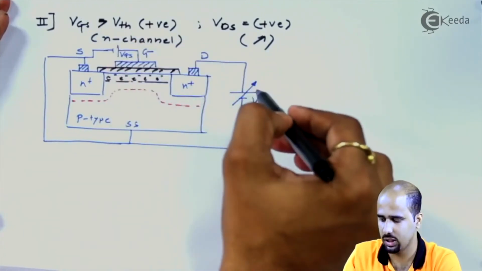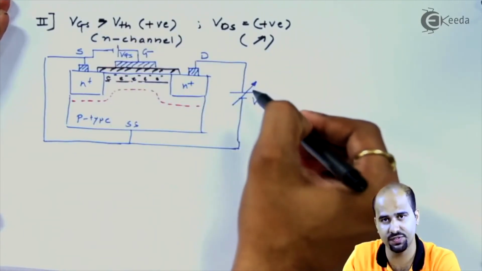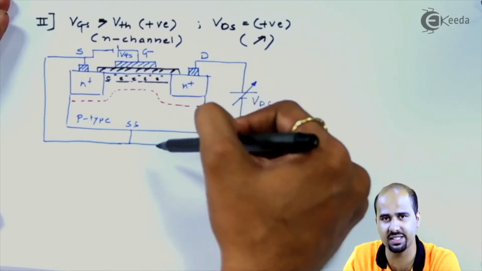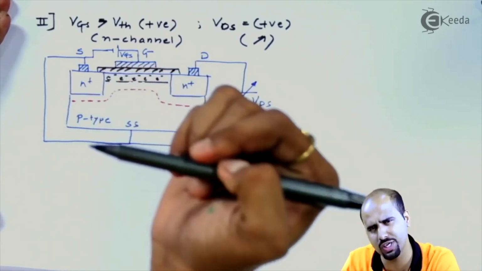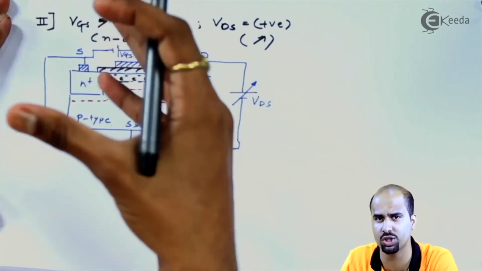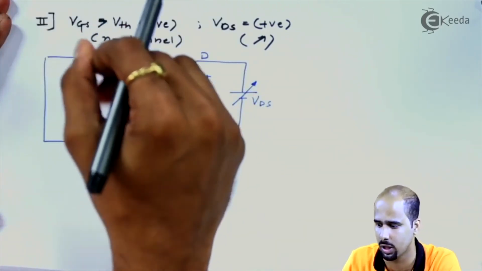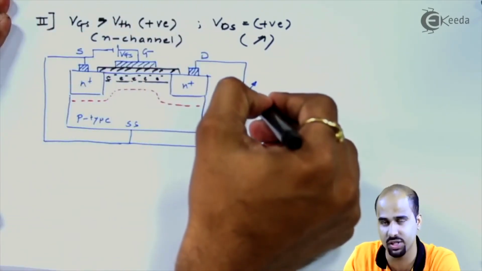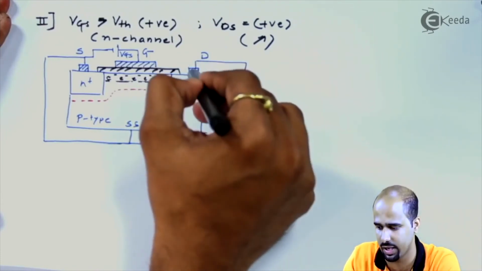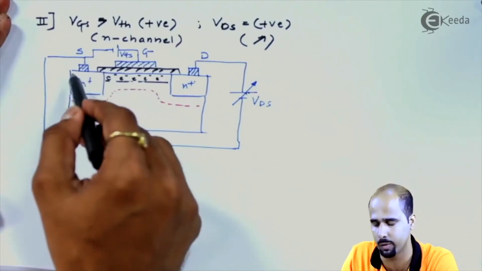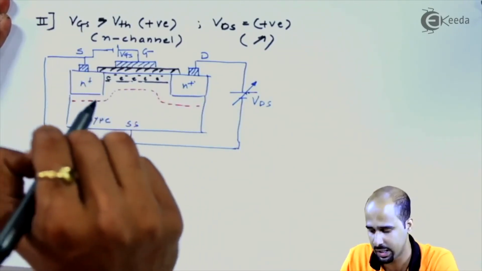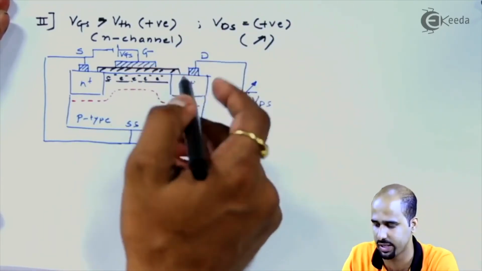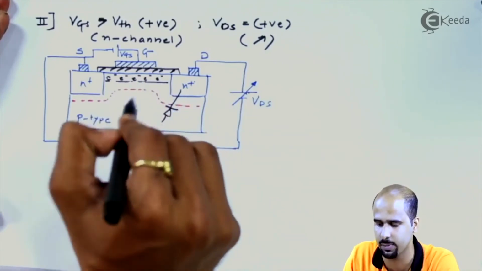As we all know, as the VDS value on the positive side increases, the width of the junction towards the drain side will also increase. Then one question will come in your mind: if the junction width is increasing, then the current should decrease, right? But at the same time, the positive terminal of the battery is connected to the drain terminal, and the electrons migrate from the source to drain, not substrate to drain. So the current flowing from substrate to drain is zero, obviously. That indicates it's a reverse bias condition.